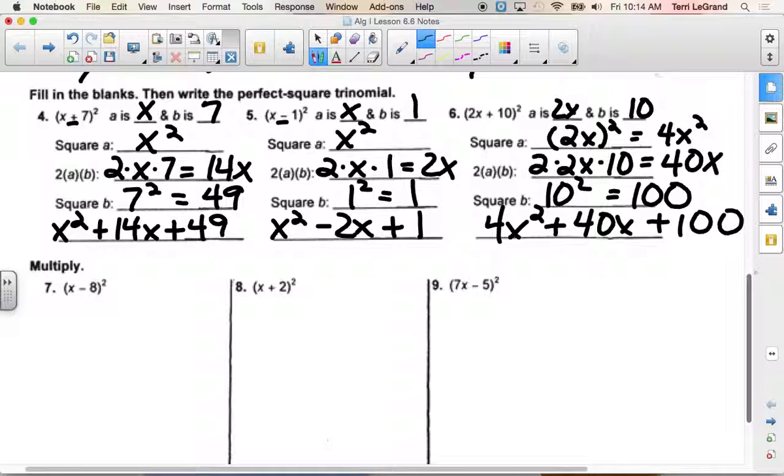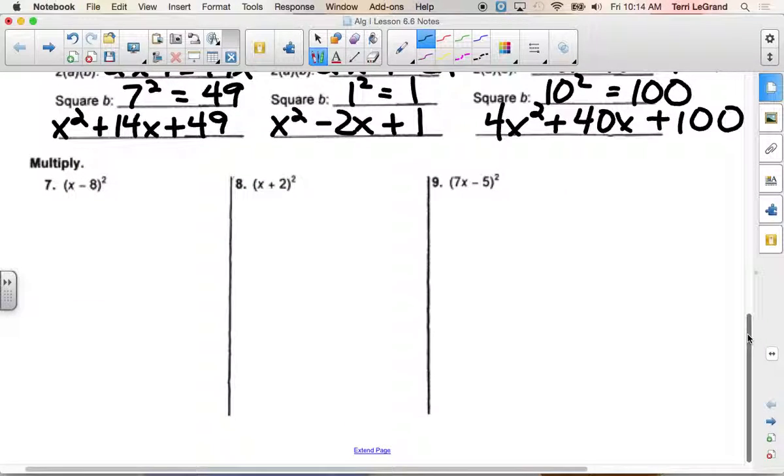Okay, I'm not saying that you have to identify A every time and B every time, but if that helps you, I suggest you do. Okay, so let's do it here. A equals X. B equals 8. Remember, when we use this shortcut, we're not going to change it to add the opposite. We're just going to deal with it as it is and say, what's the first term, what's the last term? Okay? And now we're going to say, okay, I have to do my a squared,